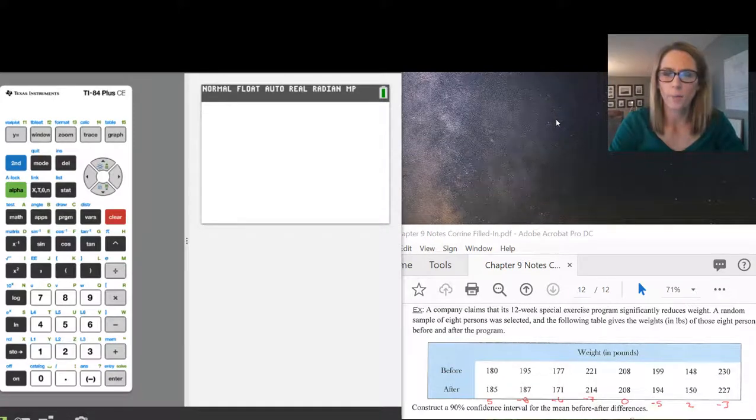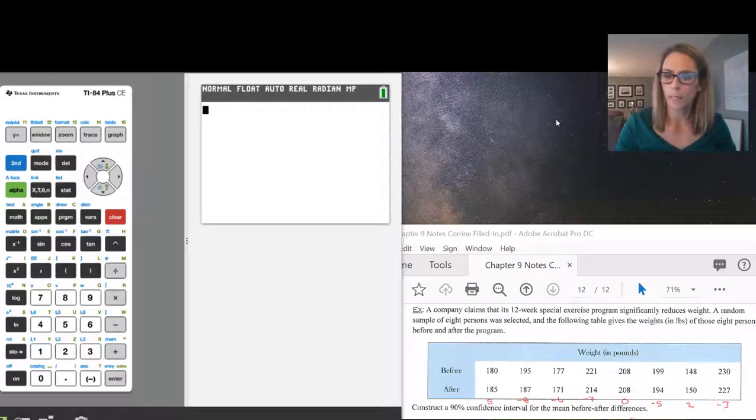So in this video, I will just mention t-interval and how to use it. In the example I'm going to show, we're using it with two dependent samples that we want to find the mean difference of. In the example that I have, it's an exercise program that's done for 12 weeks, and we have 8 people that did it, and we have the weights of them before they did it and after they did it. We're going to construct a 90% confidence interval.